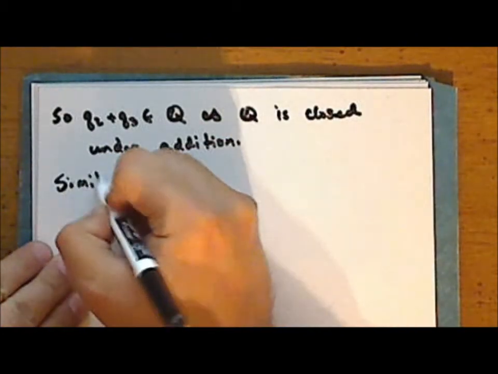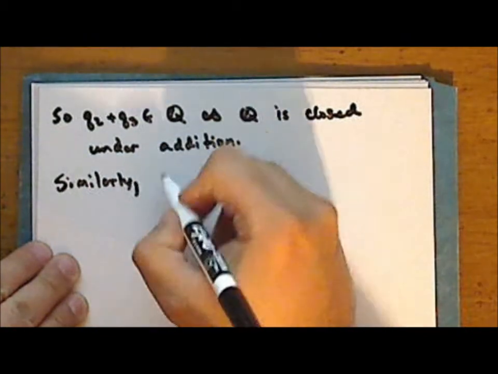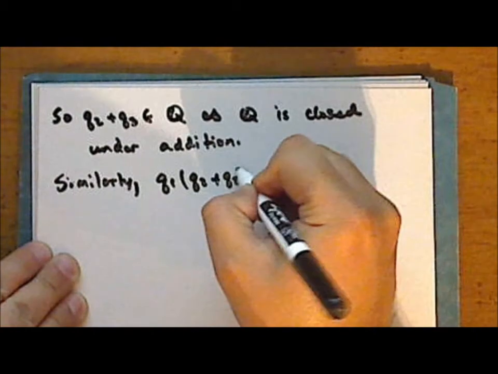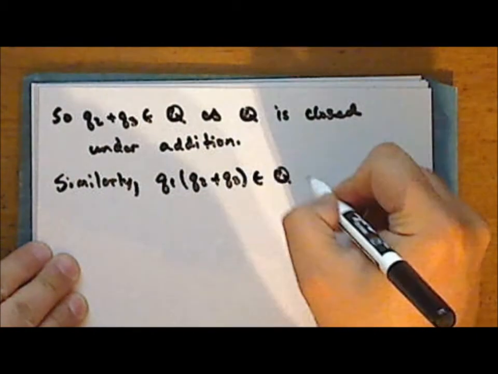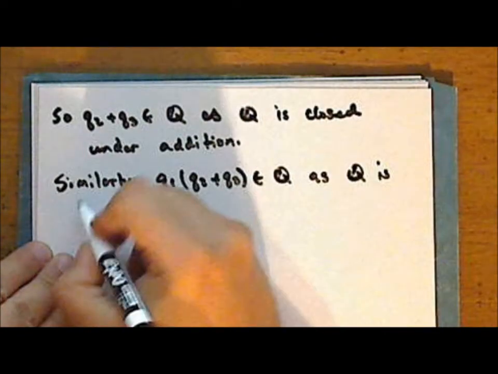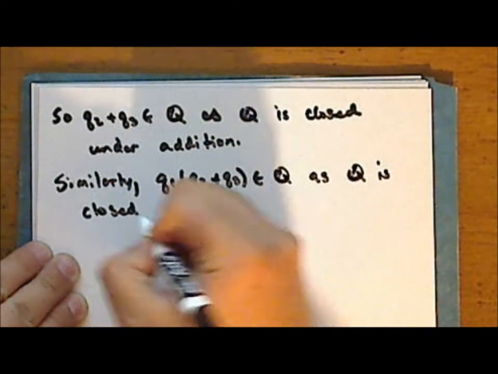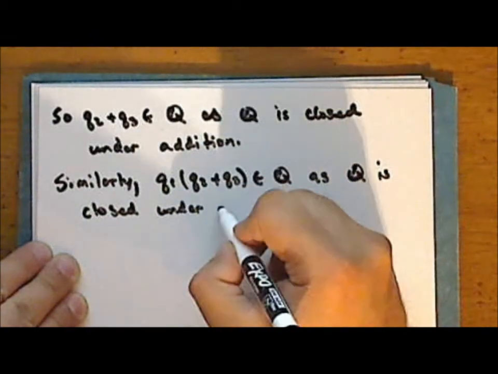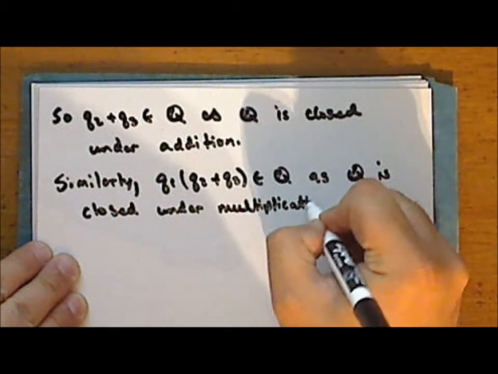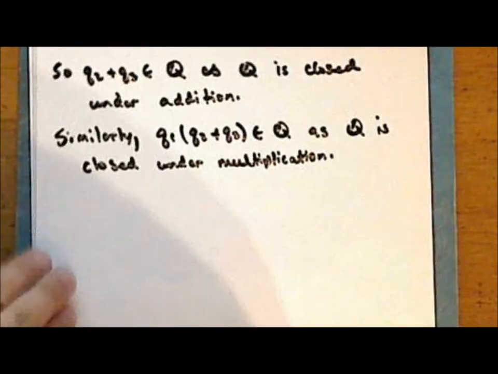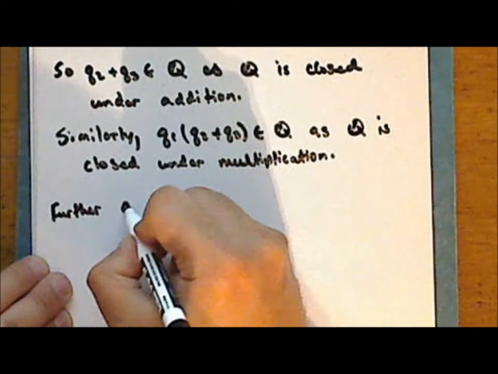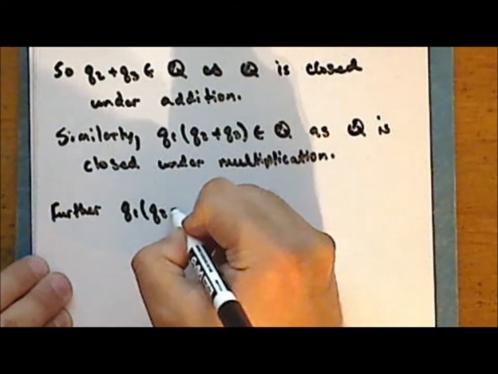Similarly, the product, q sub 1 times the sum, q sub 2 plus q sub 3, is a rational number, as the set of rational numbers is closed under multiplication. Further, the product of q sub 1 with the sum, q sub 2 plus q sub 3,